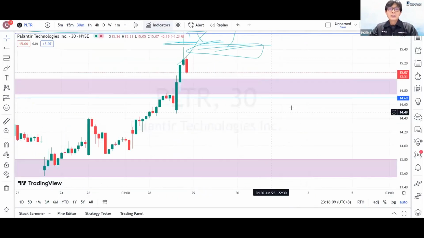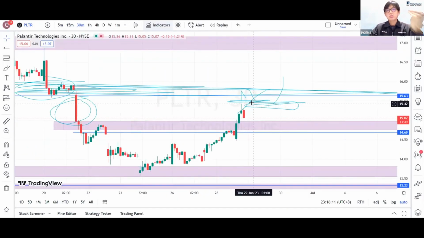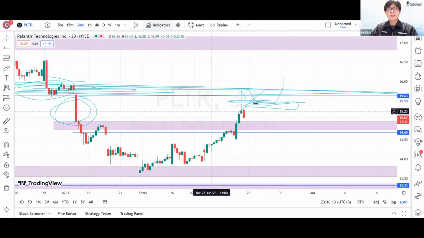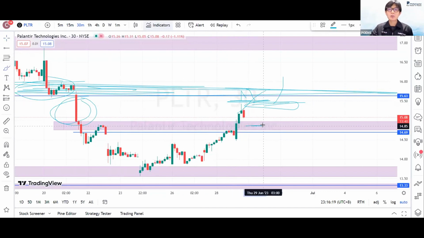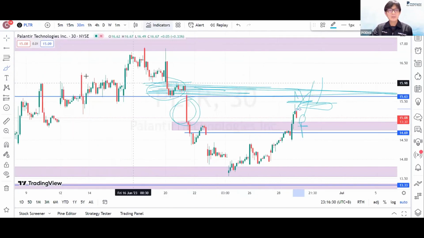Palantir, rejection is shown already. It never came close to anything, so now we wait. Two scenarios, same thing. Palantir might tap into 14.8, 14.9, show a candle close above, bullish movement, break the previous higher high, and we will see higher. Otherwise, we are looking at a potential flip of a demand, which might turn into a supply at 15.5 towards a $16 level.